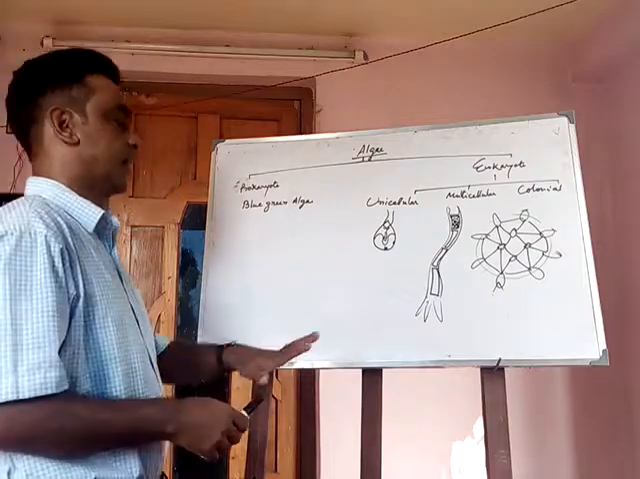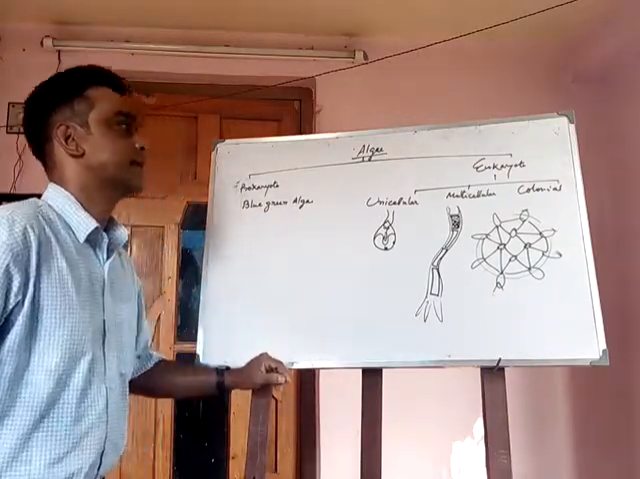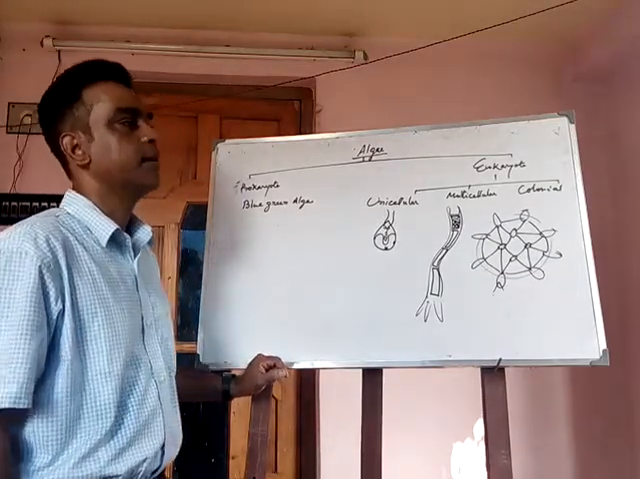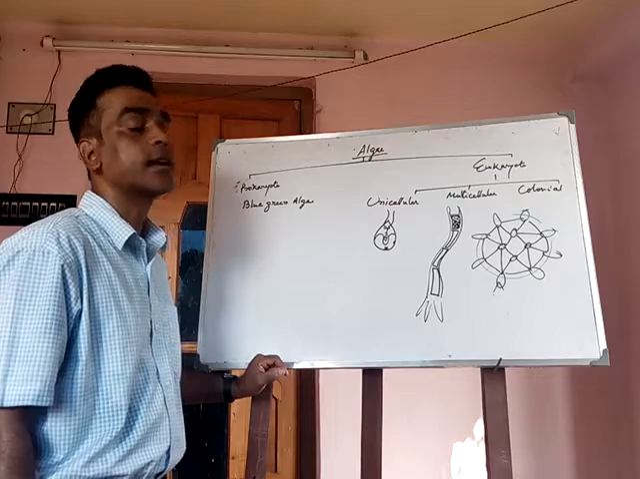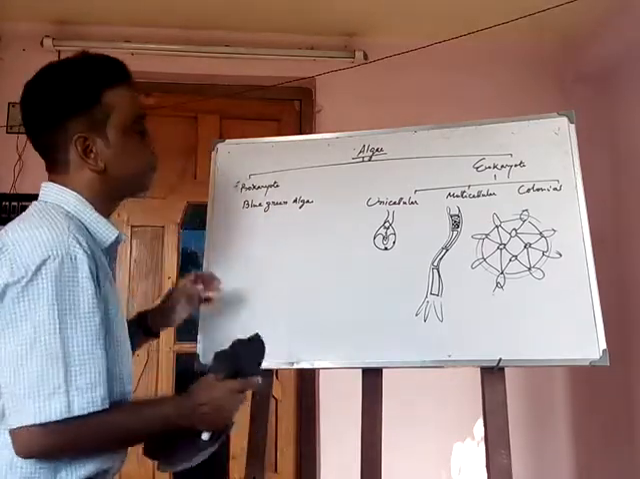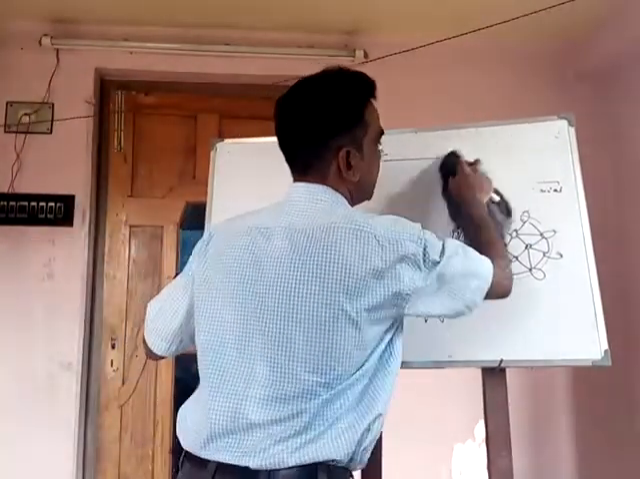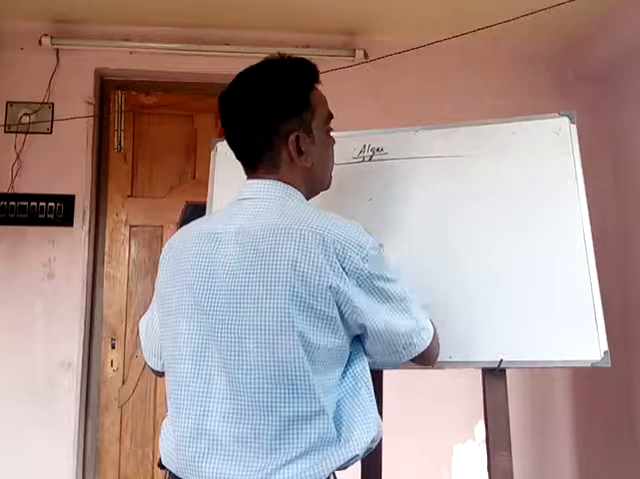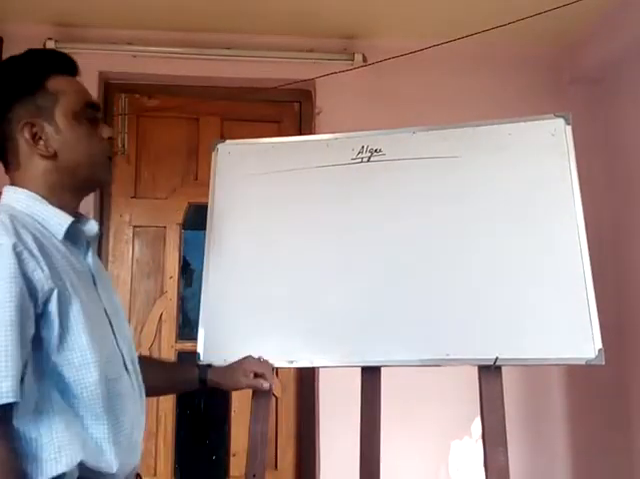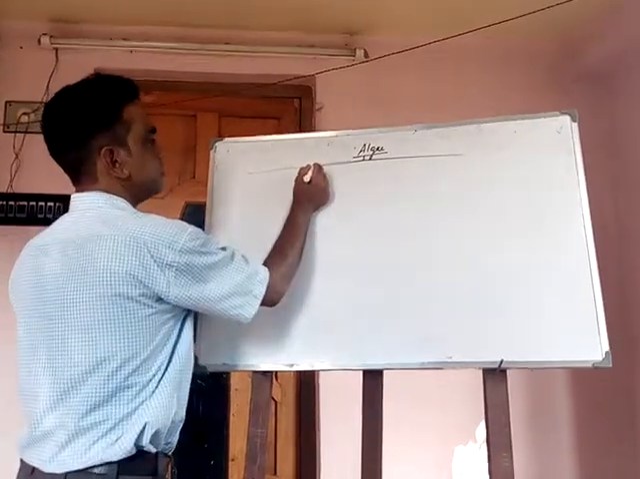So here I represent the total type of algae according to the pigment and according to the coloration formed by the pigments. Algae are divided into various types. Here we learn about the four major classes, that is